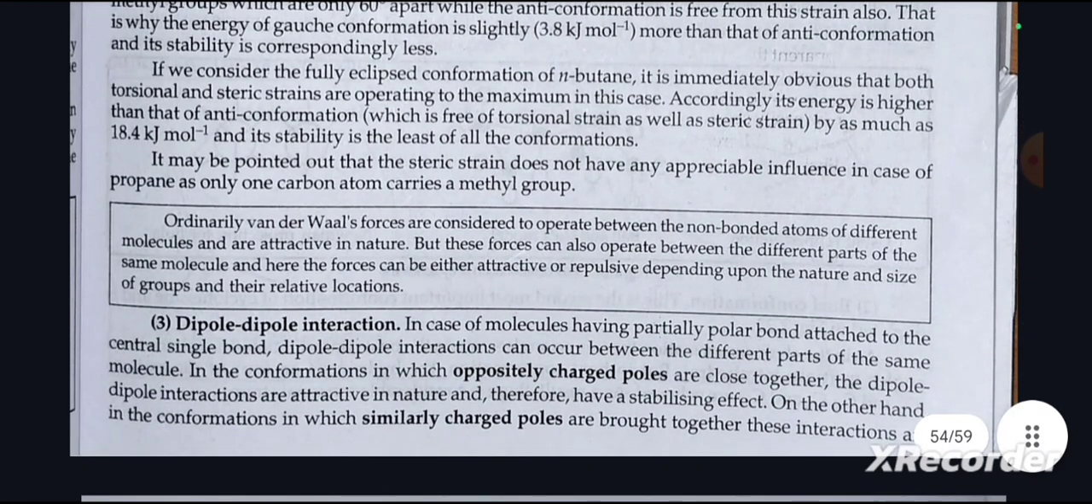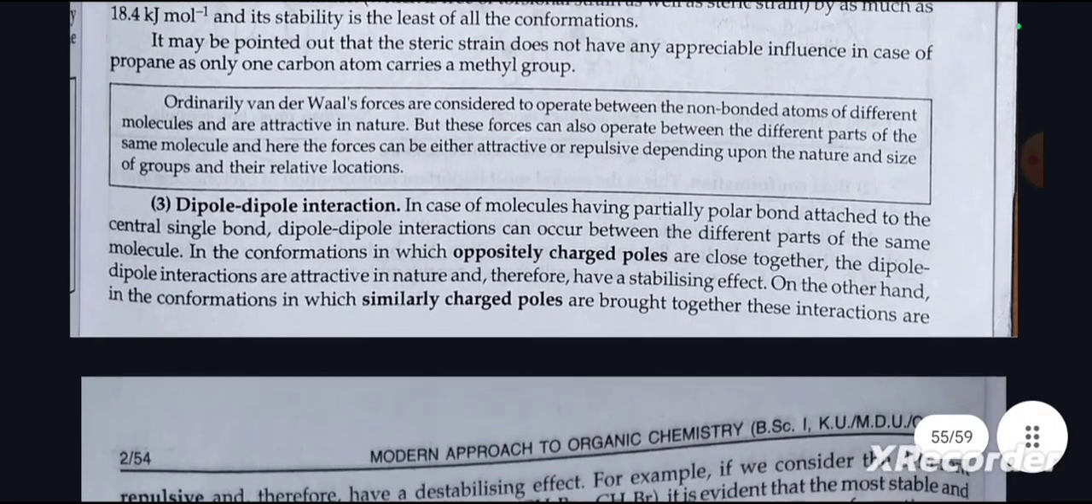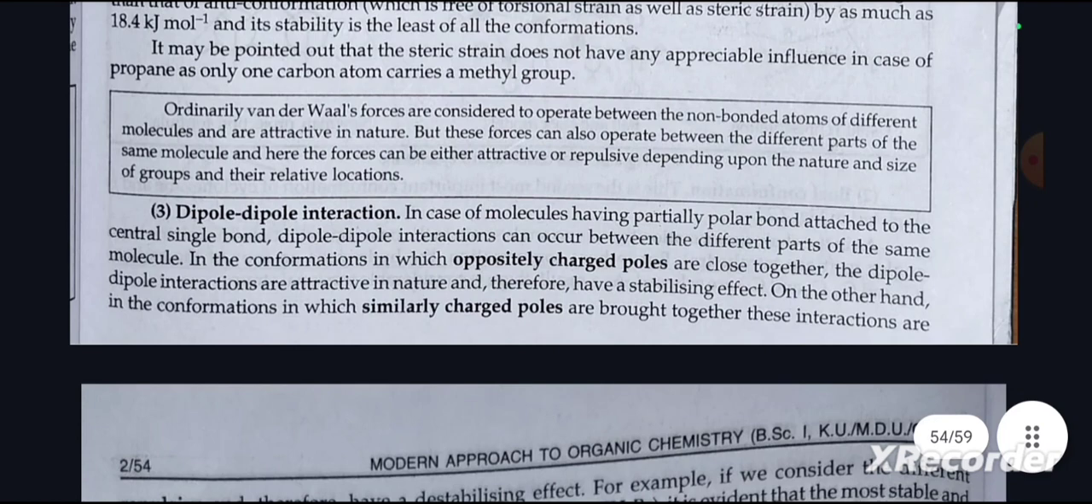If we consider the fully eclipsed conformation of n-butane, it is immediately obvious that both torsional and steric strain are operating to the maximum in this case. Accordingly, its energy is higher than that of the anti-conformation, which is free of torsional strain as well as steric strain, by as much as 18.4 kilojoules per mole, and its stability is the least of all the conformations. It may be pointed out that steric strain does not have any appreciable influence in the case of propane, as only one carbon atom